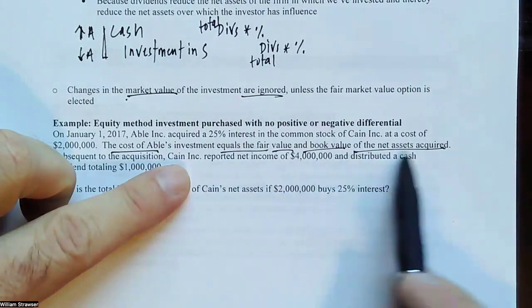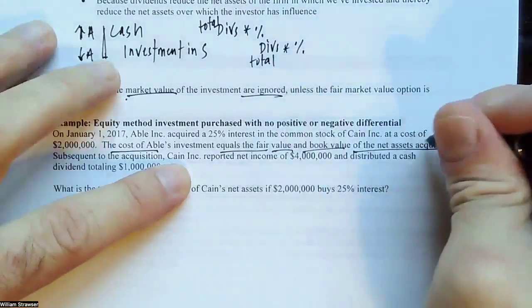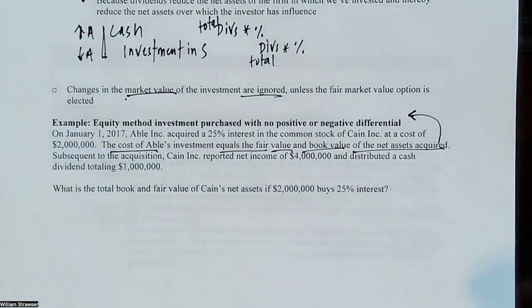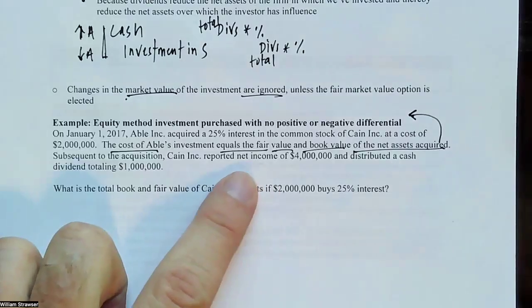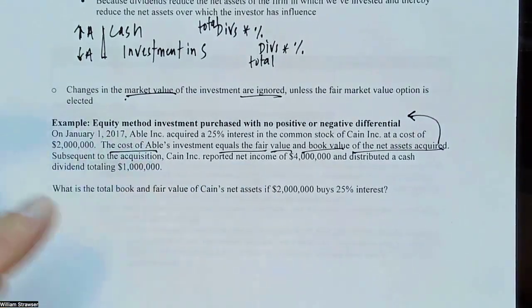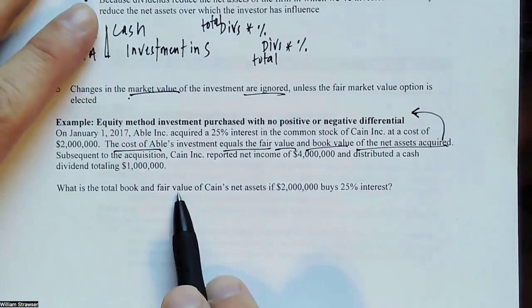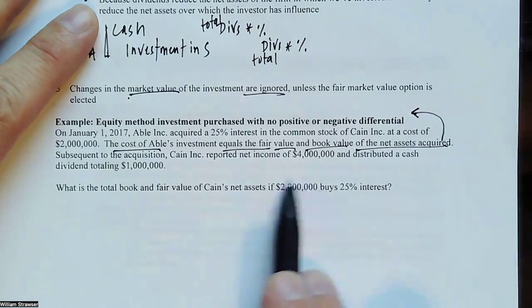because essentially what this assumption is making happen is that there is no positive or negative differential. We're not paying more than the book value or fair value. And so we don't have to have any special accounting to deal with a differential. Subsequently to the acquisition on January 1st, our investee reported net income of 4 million and distributed a cash dividend totaling 1 million. So, what is the total book value and fair value of the net assets if 2 million